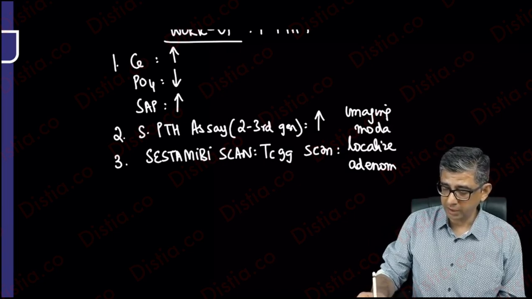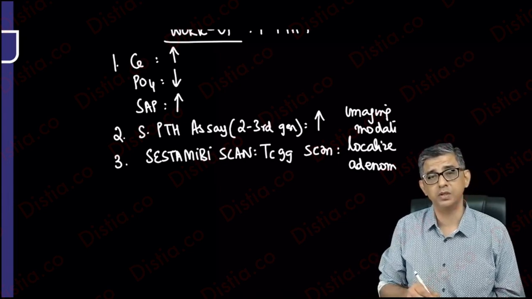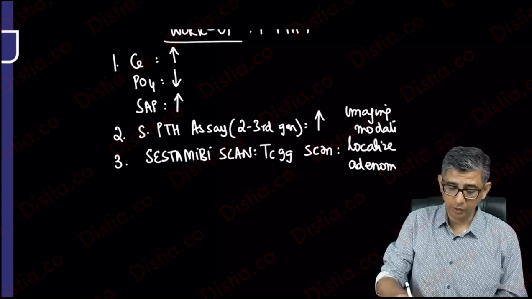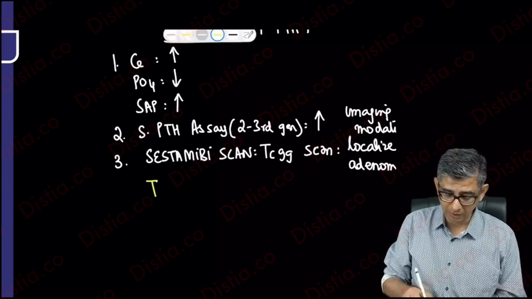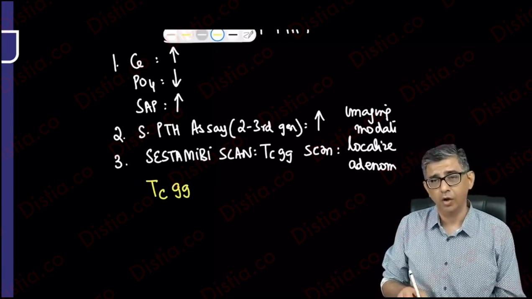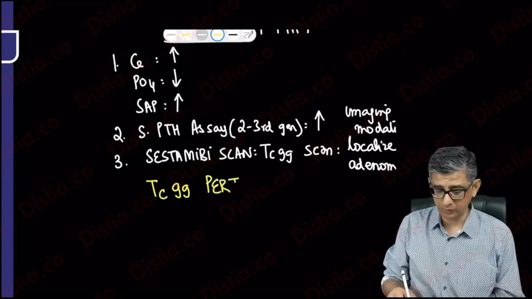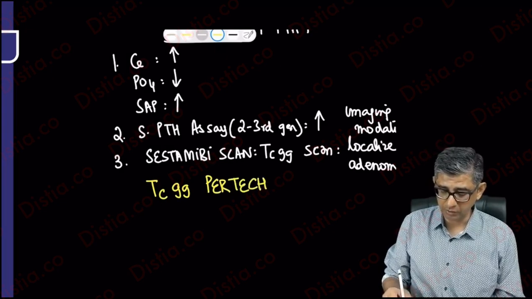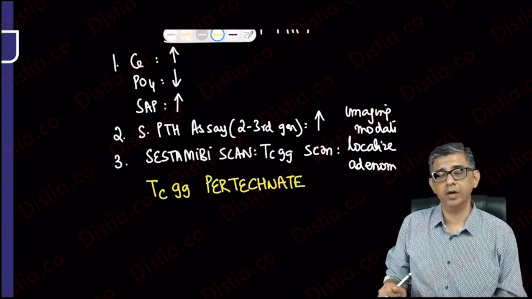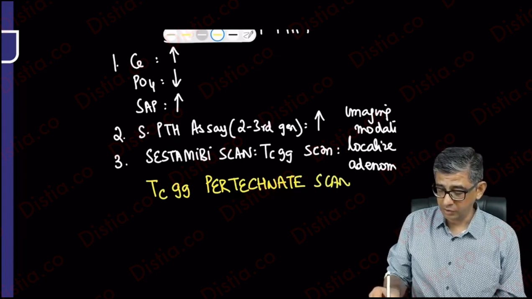And once the diagnosis has been made, then subsequently what we need to do is go ahead with the parathyroid surgical resection. While doing multiple choice questions, just be a little alert to whether they are writing technetium-99 plain or technetium-99 sestamibi, because with these one-liner questions, most of the time, as opposed to the longish clinical vignettes, which are easier to comprehend, every time you read about a technetium-99 pertechnetate scan,